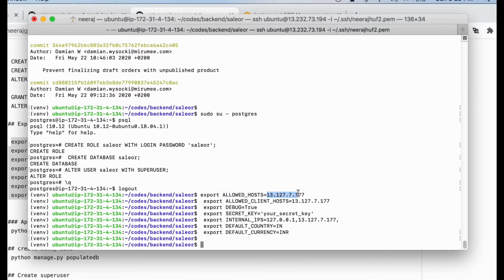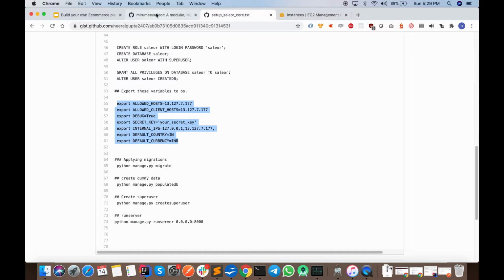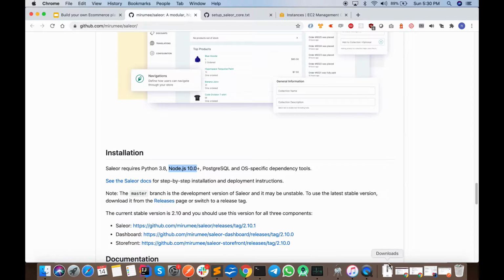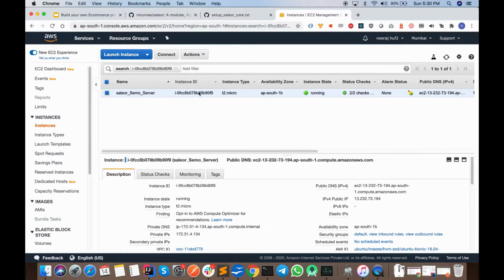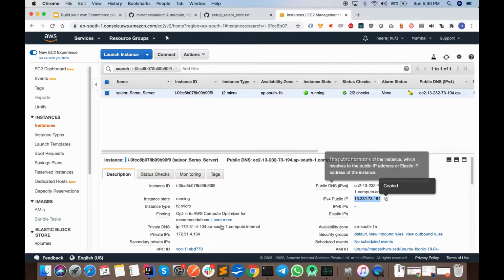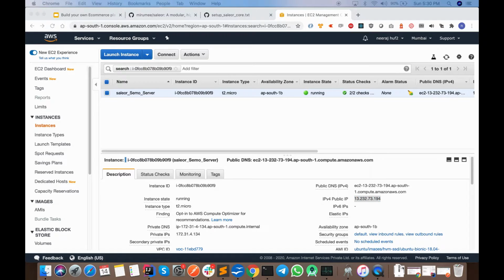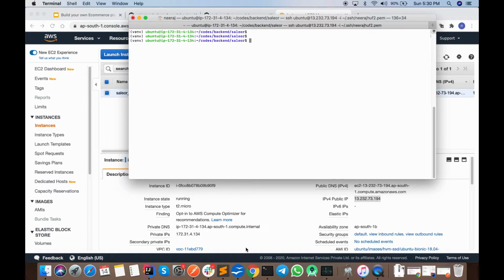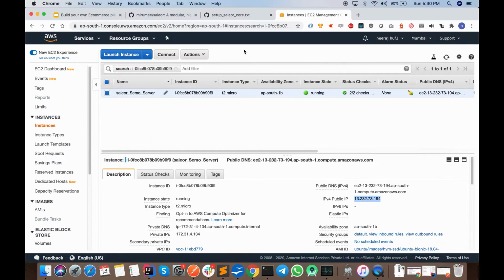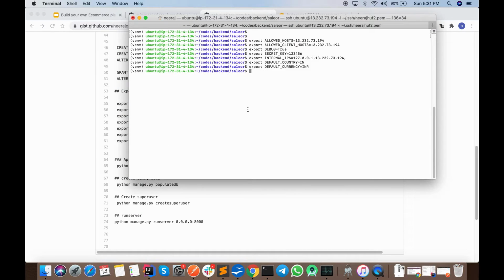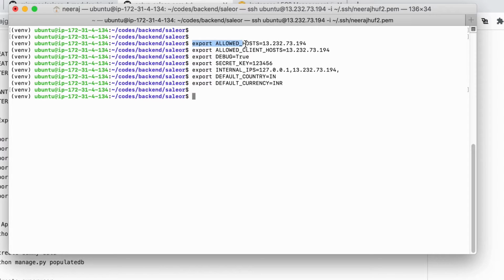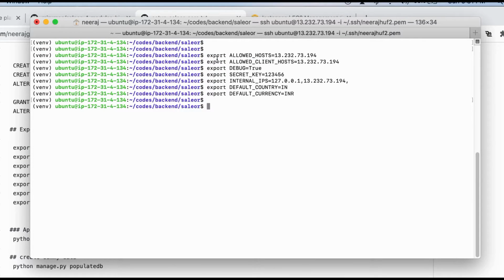This is my current IP, so I'll simply copy the IP. So these are my environment variables.